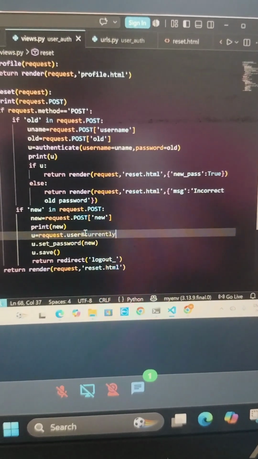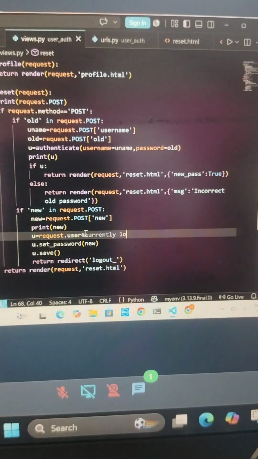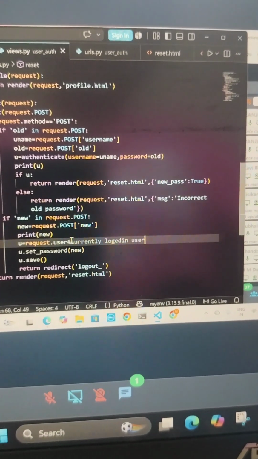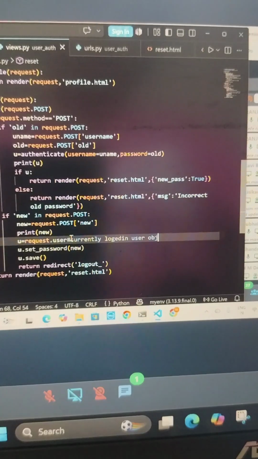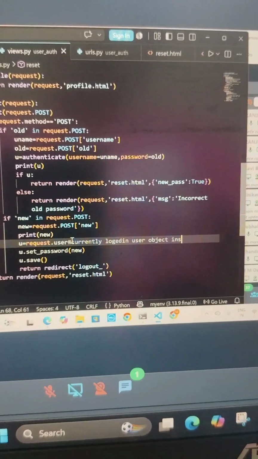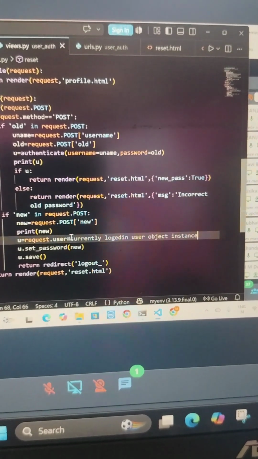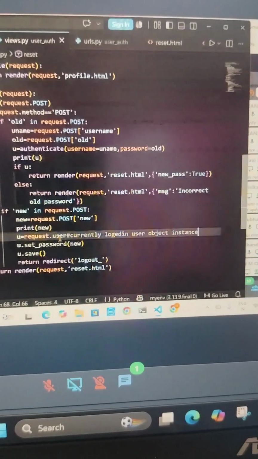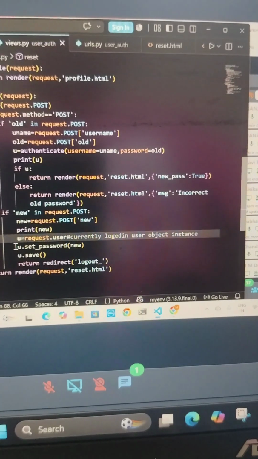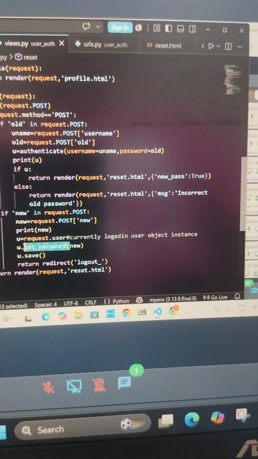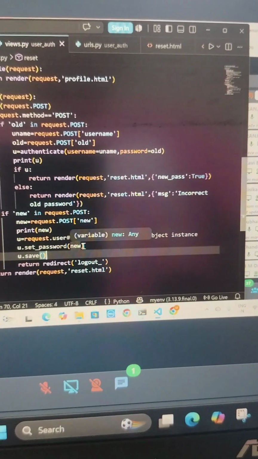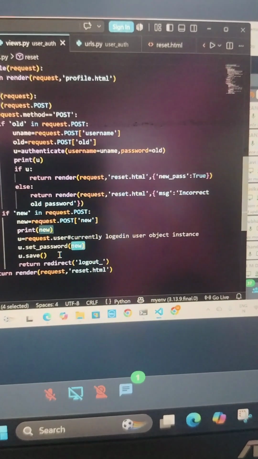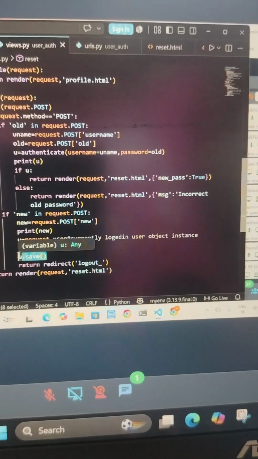Currently logged in user object instance, I am going to return. After that I am updating that object instance. U.set_password, I am making use of set_password and updating with the new password which I have stored in a variable new. Whenever I perform the update, I need to save it. So u.save